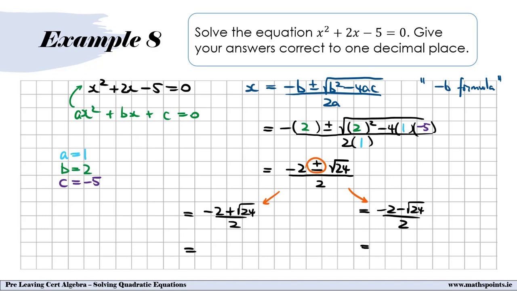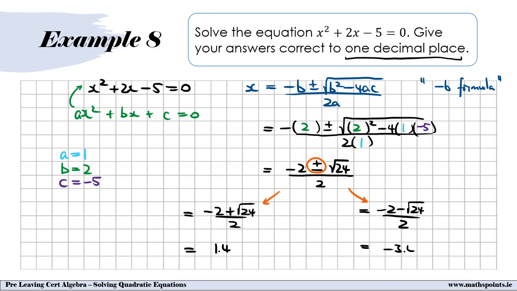Depending on what format your answer has to be left in, you may decide to simplify it down another line yourself. For example, 2 will actually go into both the terms in the top line with a little bit of work. But because the question asks us to give the answer to 1 decimal place, I'm just going to throw them into the calculator and then round them off to that decimal place. And so the first answer is going to be 1.4. So minus 2 plus root 24 over 2 is 1.4, and then minus 2 minus root 24 over 2 is